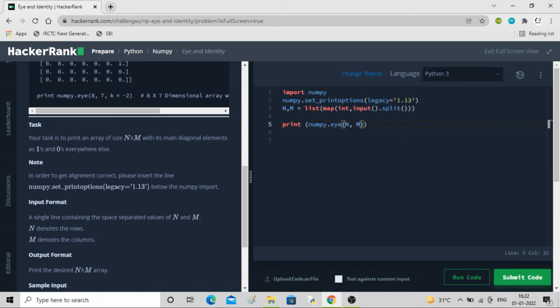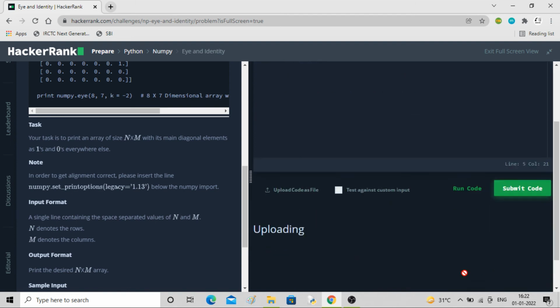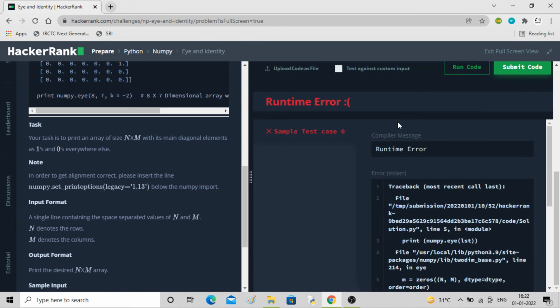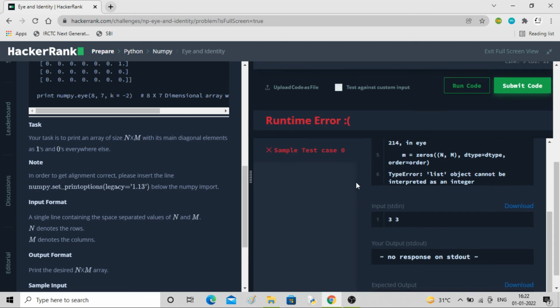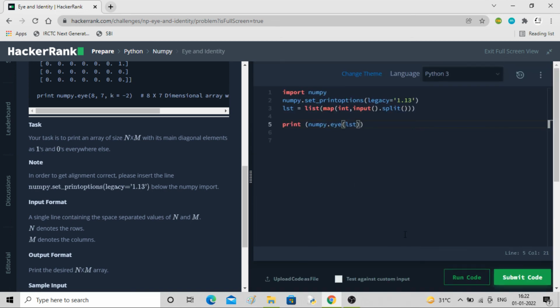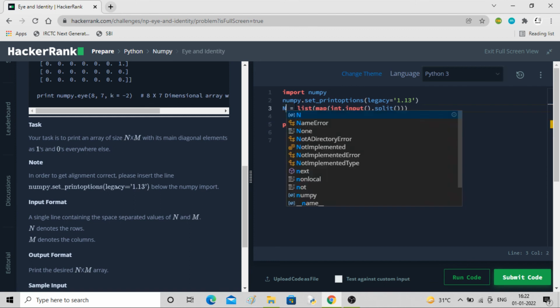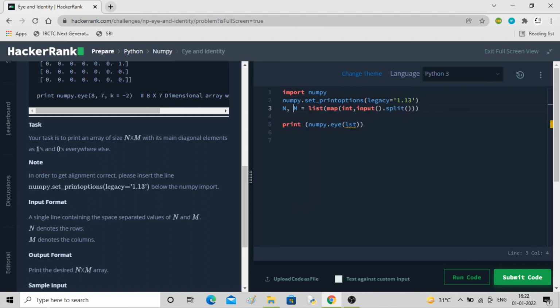Yeah, it is working. Plus you can also call it as some list. You can just pass the list, or you can... no, they won't take it as a list. So the n and m values, right, we want. A list is not required. Okay, I thought it would work. Okay, n and m. So that is the code.